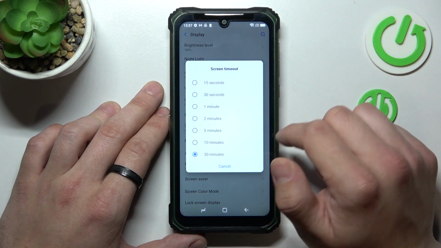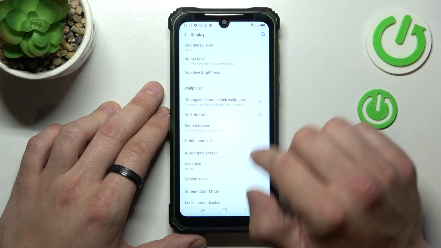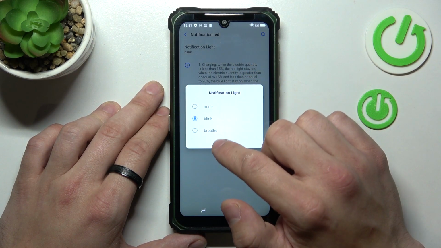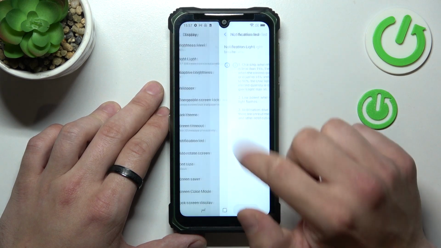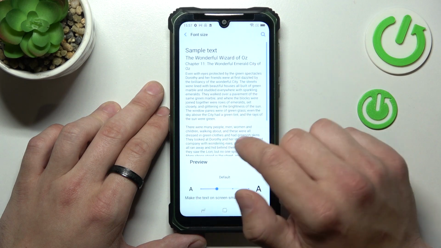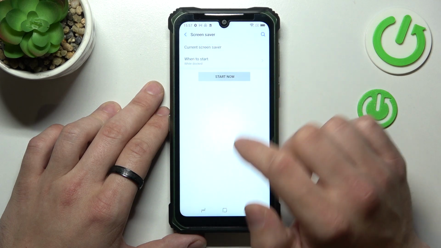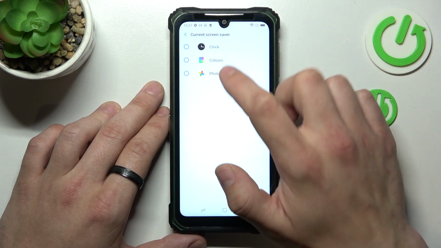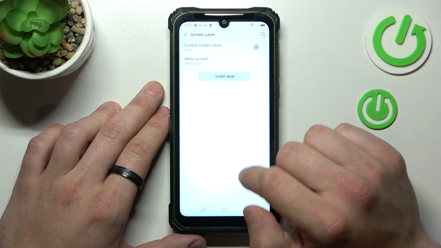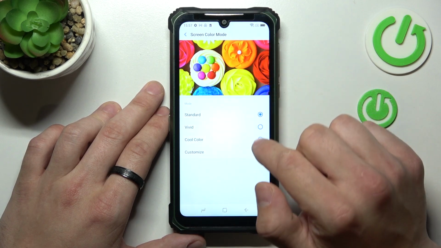Then we can change screen timeout between 15 seconds and 30 minutes, manage notification light, turn on, blink or brief, enable or disable auto rotate screen, change font size, set screensaver, change screen color mode,